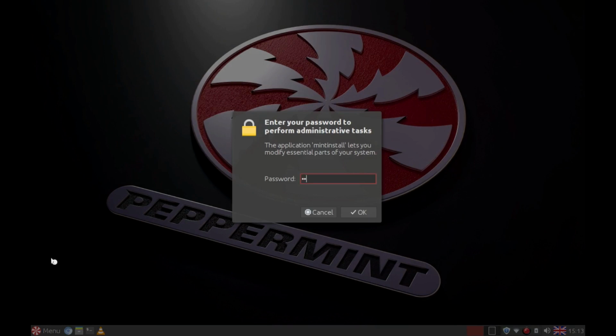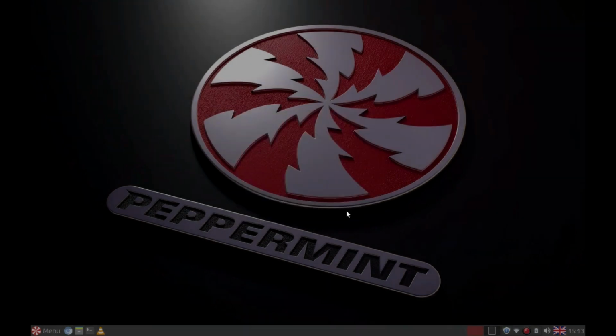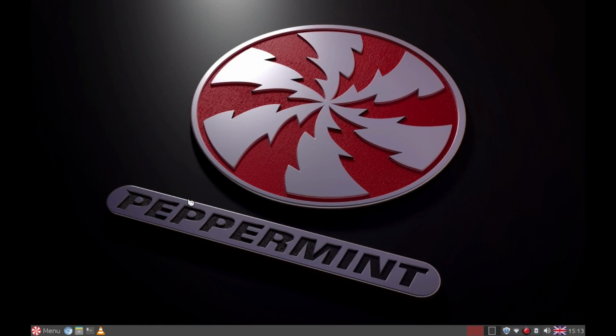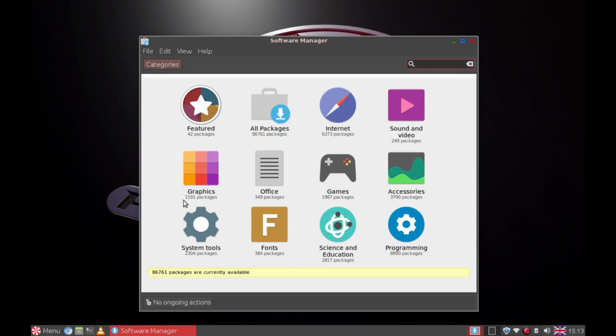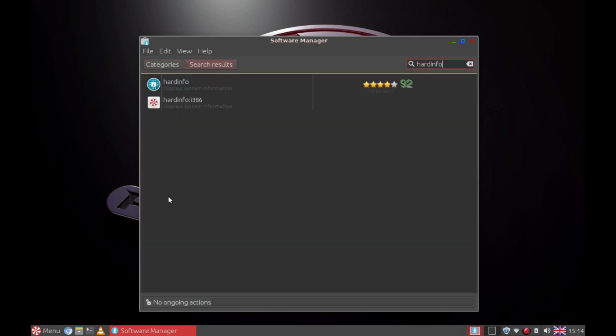It'll ask for your password. Click OK. And your software manager will appear. Firstly, I'm going to install a program called Hardinfo, which is a handy utility to show information about your computer and the operating system. So we type in Hardinfo, press enter,